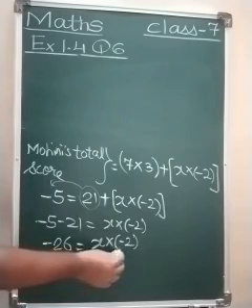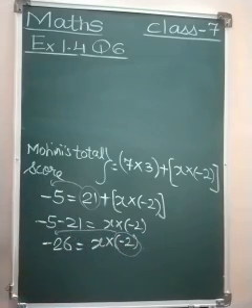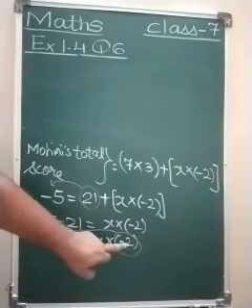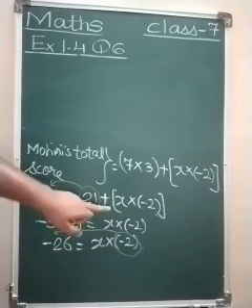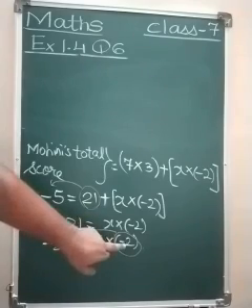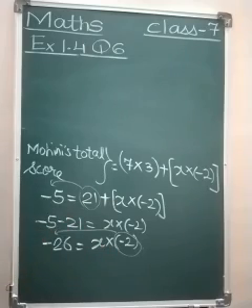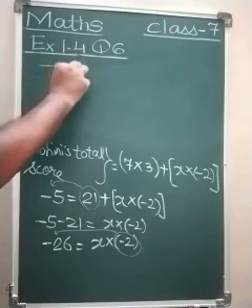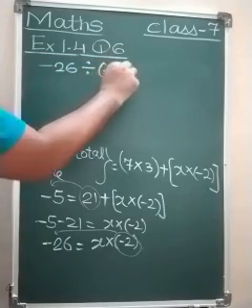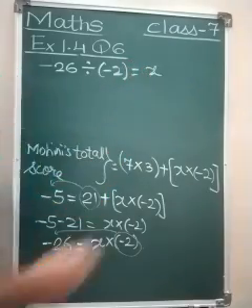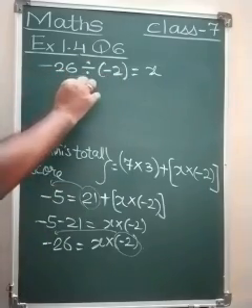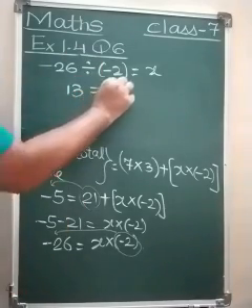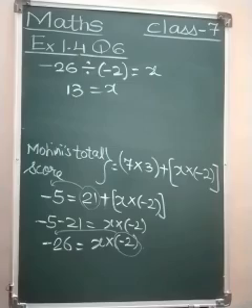Now minus 2 is to be transposed to this hand side. Here it is multiplication, no need to see the integer sign. We haven't seen the integer sign here either. We have seen the operation. This was addition here, and here the operation is multiplication. So minus 2 will be transposed here. It will become division. As we have done earlier, minus 26 divided by minus 2 equals x. Again, minus divided by minus gives a positive answer, and 26 divided by 2 gives 13, so 13 equals x. And what is x? The number of questions solved incorrectly by Mohini.